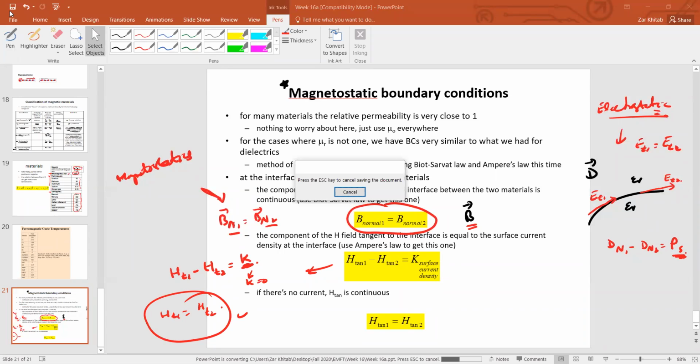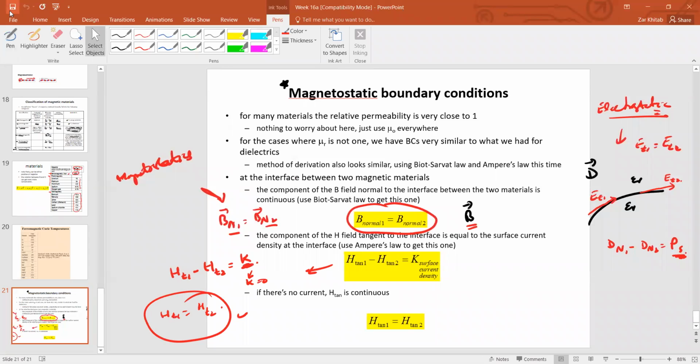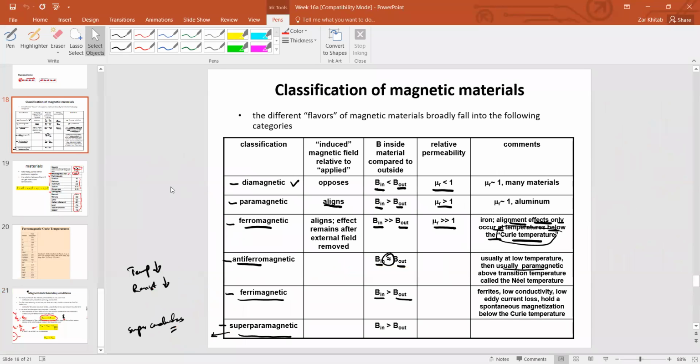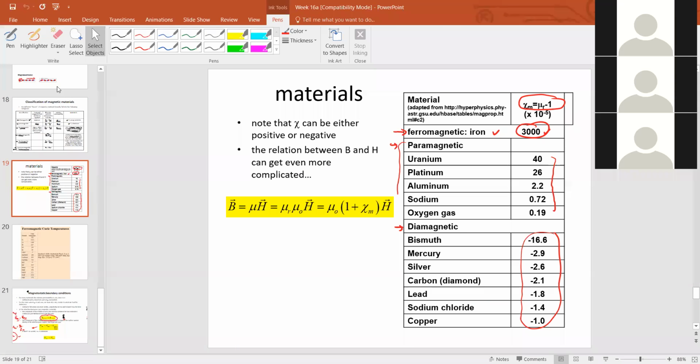So go through it and understand this lecture very generally. This lecture was about the behavior of the magnetic materials. Go through it very generally and understand it. Go through specifically these tables and try to understand the behavior of the magnetic materials. Okay. So next time we will cover a very important concept in electromagnetics, that is the time varying electromagnetic fields, a very important concept in the